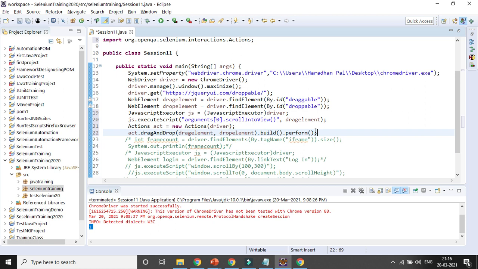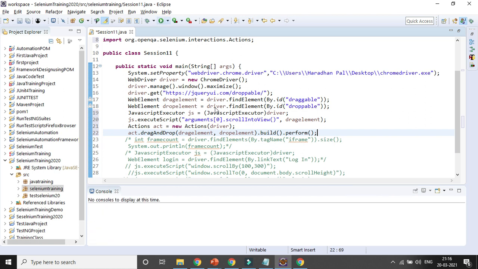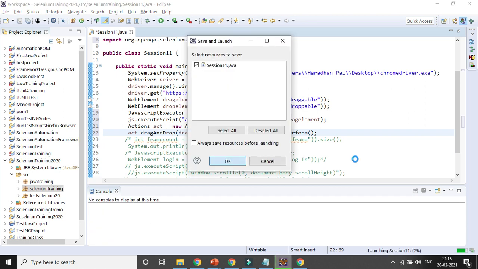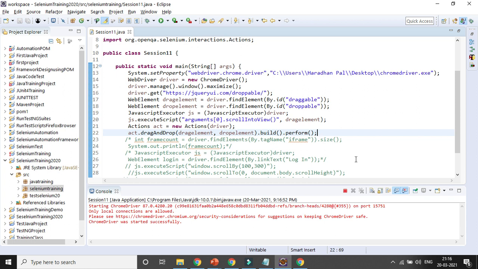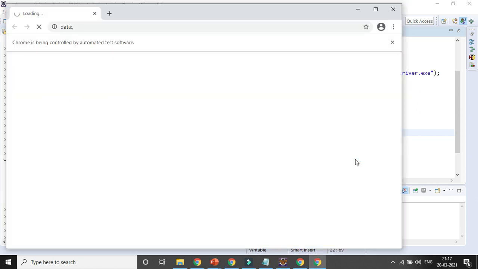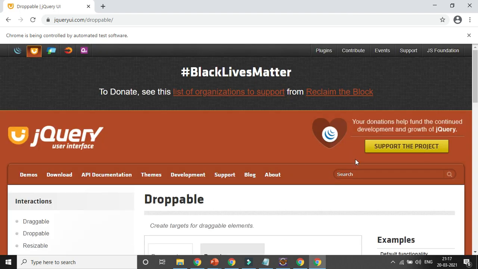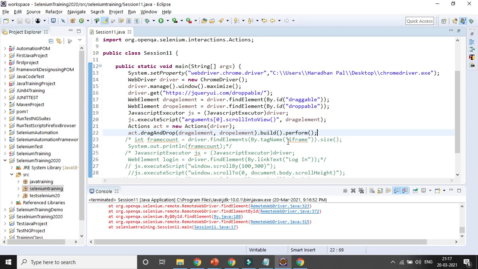Why does it fail? Because there is a frame available. I did not handle the frame yet. That is the reason it will not be able to identify the element, because I am not handling the frame. So it will throw me some error. It will definitely open your web page, and whenever I want to identify the element, it will fail, because the elements are available in the iframe only, and I am not handling it. You can see it is not able to identify and not able to scroll your page, and the script will fail. You can see it is failing. What is the error message that is coming?